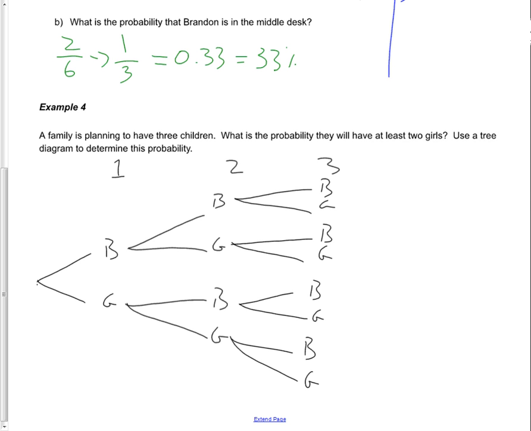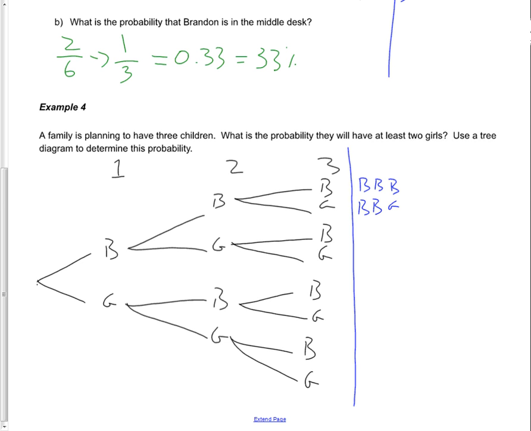So what we've done here is we've created a quick tree diagram to map out the possibilities of getting either a boy or a girl, depending on your first, second, or third child. Let's track out all of the final answers here. If I track from left to right, we could go boy, boy, boy,